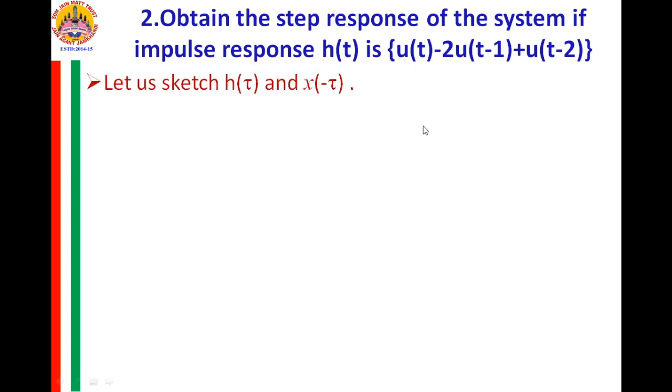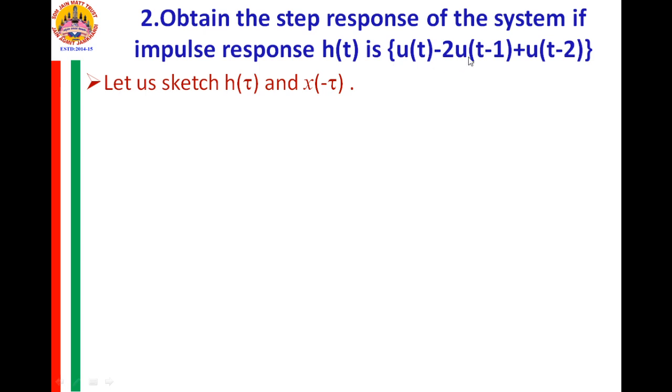So what I do is I will sketch this h of t with respect to tau. X of t is a unit step signal, and we reflect it about the origin and sketch it as x of minus t, instead of wasting much time. Now directly we sketch this with respect to tau. So h of tau to sketch, this is u of t, and from that if you subtract 2 times u of t minus 1, what you get is